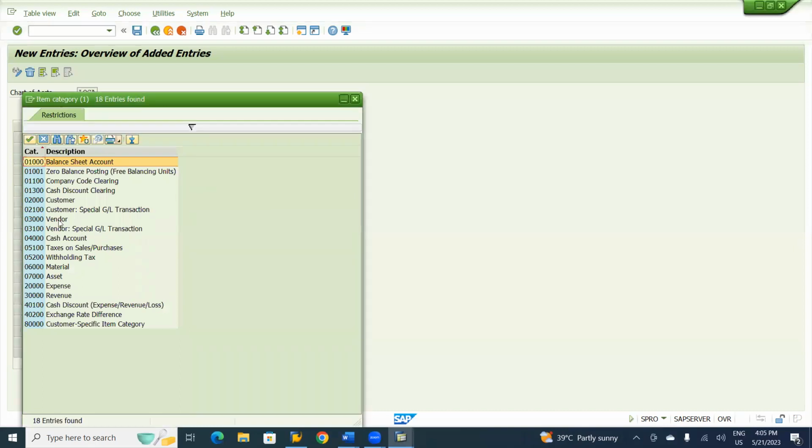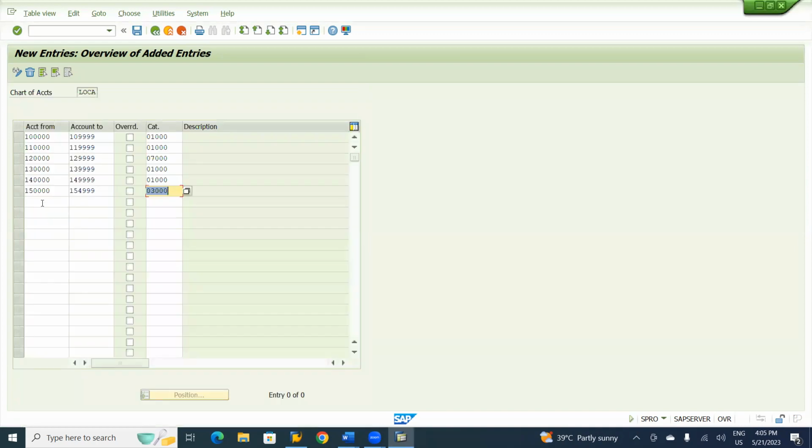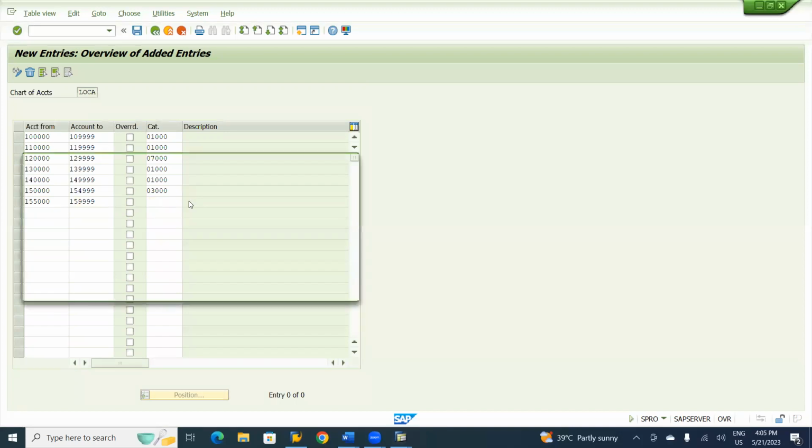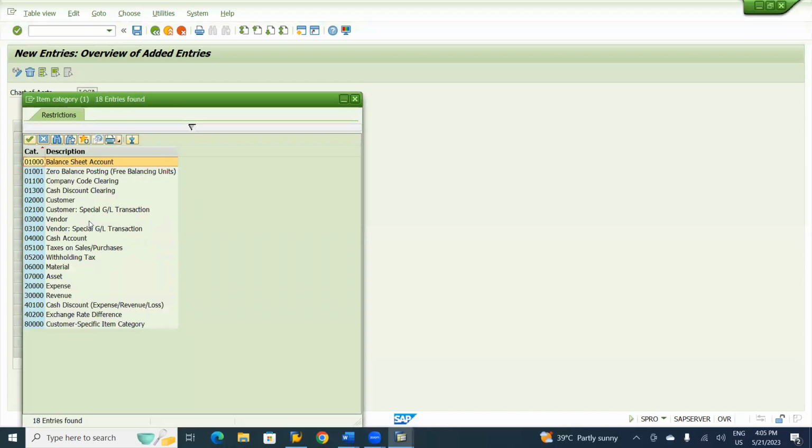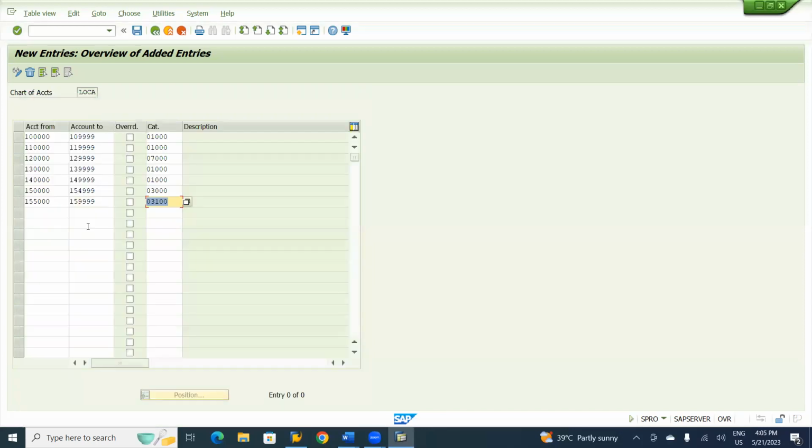So here vendor account, vendor special GL transactions. So first set I'll give it as a vendor, and second set 1,50,500 to 1,50,999. I'll give it as a vendor special GL transactions. Okay, we are doing the classification, normal vendor and vendor special GL. Next one,